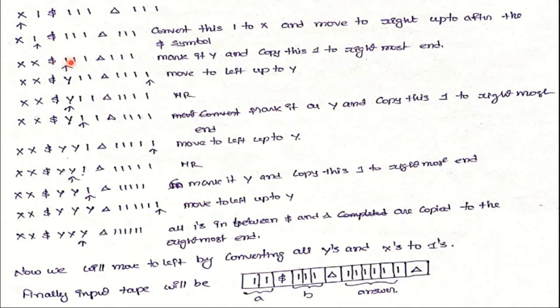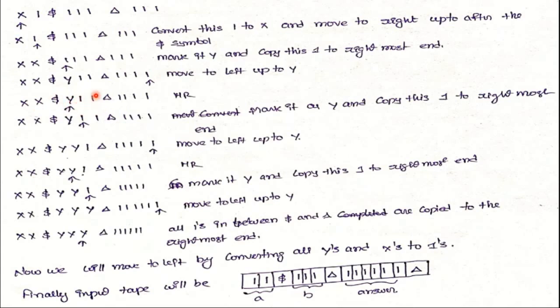So now variable b's first symbol is 1, so the first value is 1. Now this one can be marked as y and copied at the end of the tape. To copy at the end of the tape, we should skip all these ones. When we reach the end of the input, we copy it here and then go back up to y